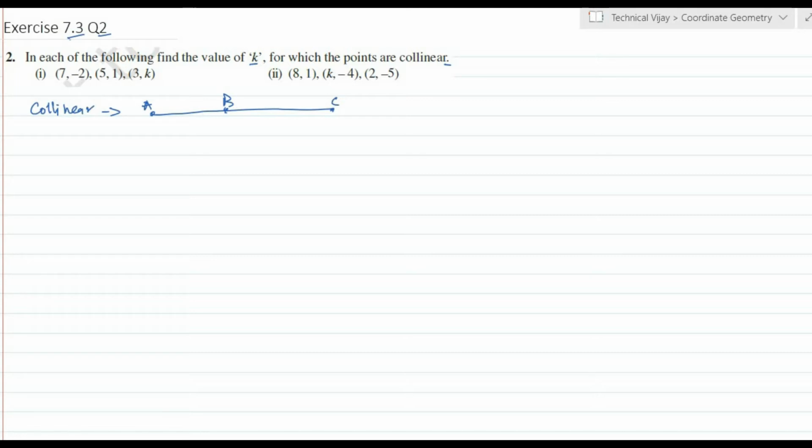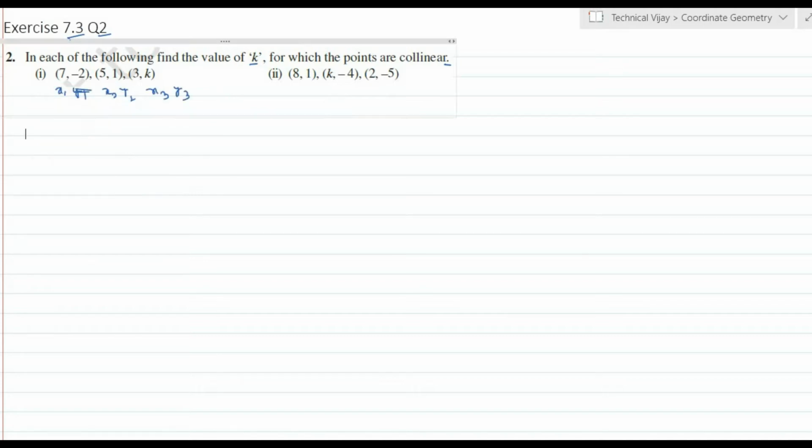Here, by using the area of a triangle, how do we prove these are collinear? The triangle is in this shape with A, B, C; suppose they are like this, then these points are not collinear. If they are collinear, they do not form a triangle. So if the area of this triangle becomes 0, it means the points are lying on a straight line. So we have to prove that the area is equal to 0, so that all 3 points lie on the same straight line.